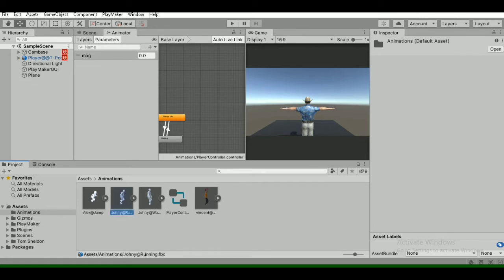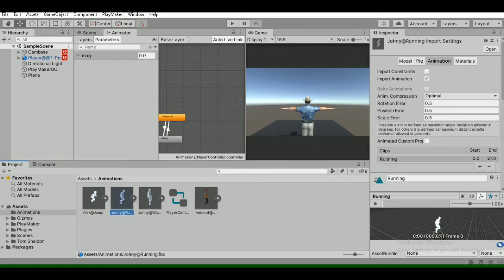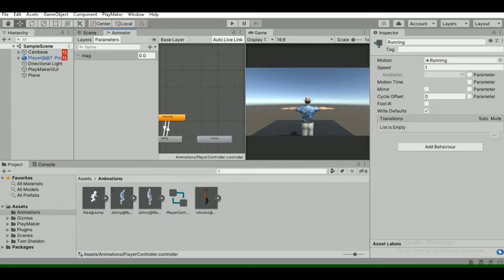So just drag and drop the running animation quickly to the animator tab and make transition from walk to run and run to walk.